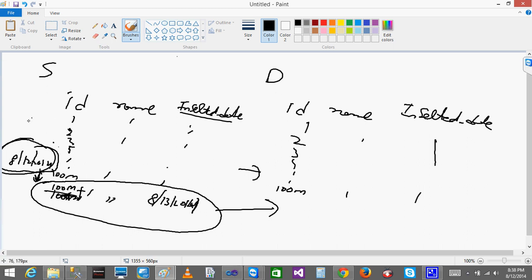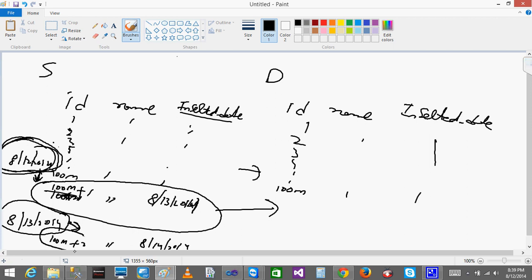So in this scenario, you need to store this date also. Today I have loaded this one record, so my extracted date will be 8/13/2014. And if the day after tomorrow someone adds a second record, then this is my last extract time, right? Then I should get the records which are inserted after my last extract time. So now you will be getting just this record.